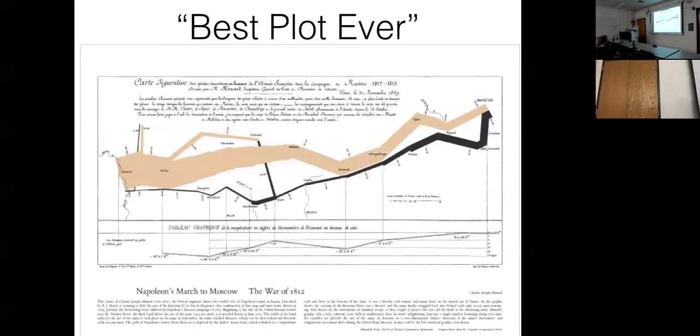There is some contextual knowledge, where you can assume in some regard that people know they started in France, moved across to Russia and came back. So there's an implicit direction, but you're right, you could put that in. A legend would tell you how to interpret this. You could have arrows or something like that. Somebody has also changed the color of the line out here to show temperature, so that you actually see the change in temperature, which is not bad.